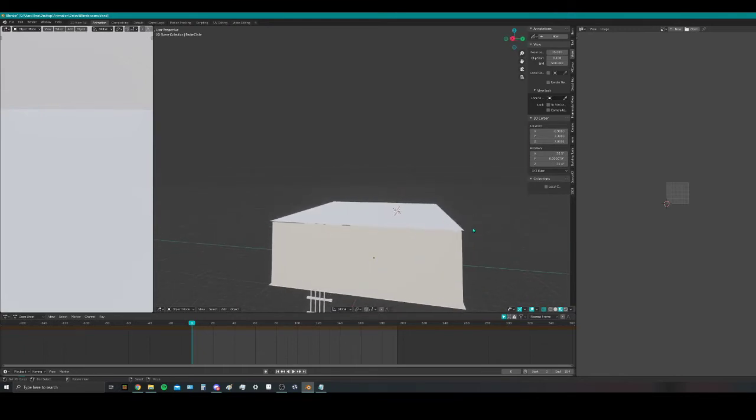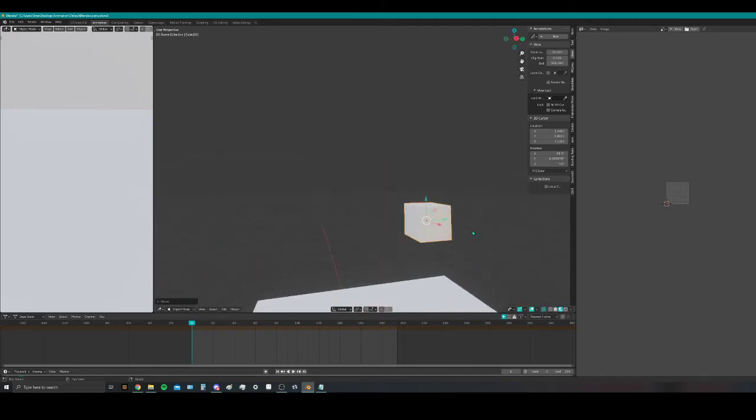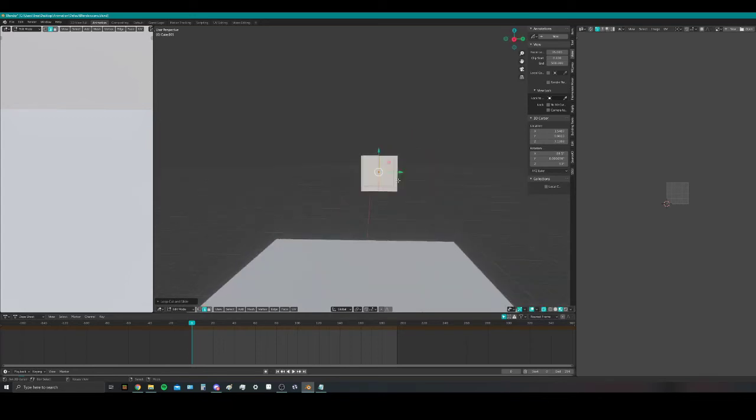Okay, let's see what else I have. Another thing is the mirror modifier, and this isn't really as important with sets, but the mirror modifier just makes things even. If you're modeling a character, then definitely learn about that, but it's not going to be too important here. But let's just say that you have one side of a cube,